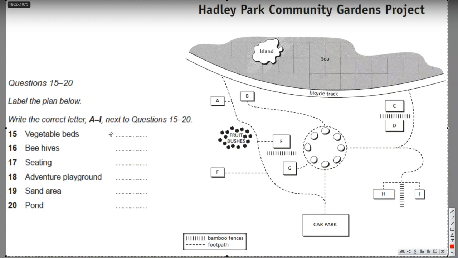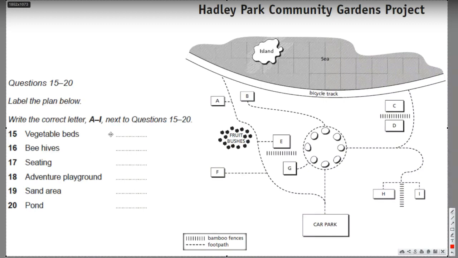Okay, if you're volunteering for the adventure playground area, let's start from the car park again and go up the footpath, but then you want the first left turn. Go up there and then you see there's a short path that goes off to the right. Go down there, and that's the adventure playground area, above the bamboo fence. That fence does need repairing, I'm afraid.